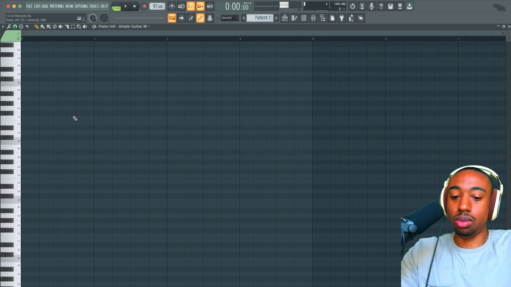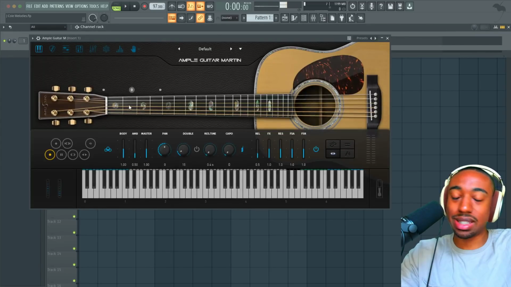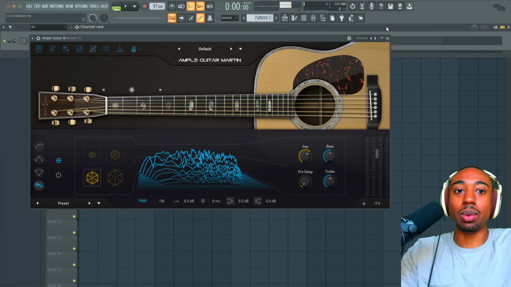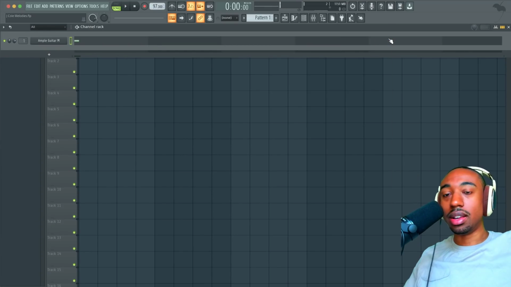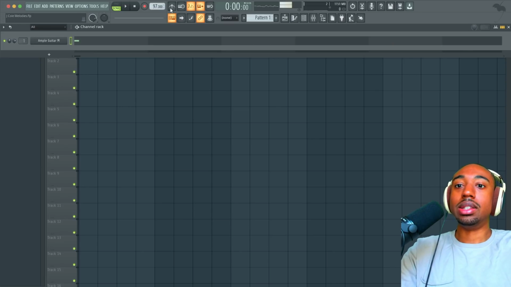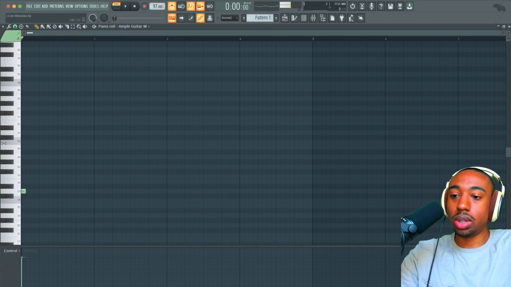So, boom. Okay, so the key is the notes are going to be nice and short. Also, I meant to tell you one thing with this specific plugin. We have to turn off the reverb because we don't want to sound like we're in one of those archways with tons of reverb. We want to act like we're in a small little room, so we want to be super quick. Let's turn on the metronome. Let's go to pattern mode.